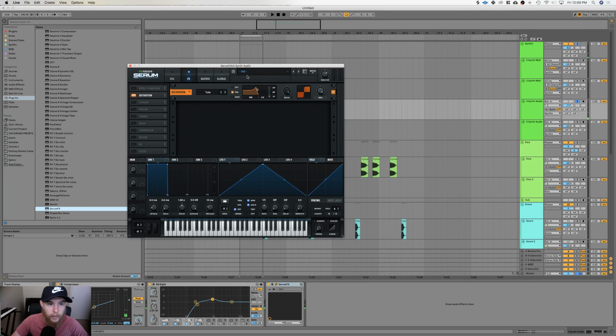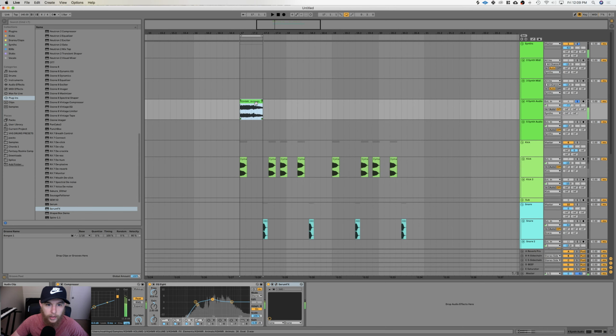So for your Instagram guys, we added a distortion unit, and then we flipped the filter to pre-distortion. So we filter the sound pre-distortion heading into a tube. Yeah, we're heading into a tube distortion. So I'm probably going to go down here to the asymmetrical filter. I like that.